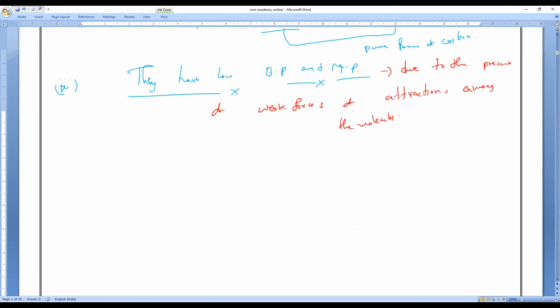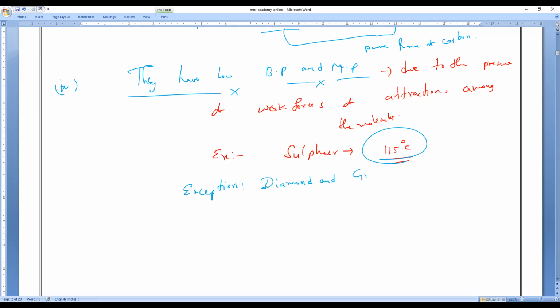melting point. For example, take sulfur. Can you tell me what the boiling point of sulfur is? It is just 115 degrees Celsius, a very normal temperature. But there is an exception. What is the exception, everybody? Again, same. Diamond, and as well as what? Graphite. So diamond and graphite are the exceptions,